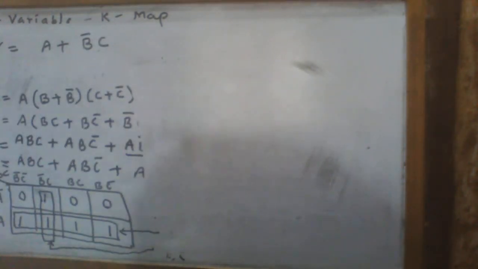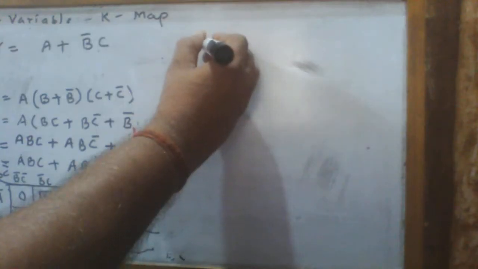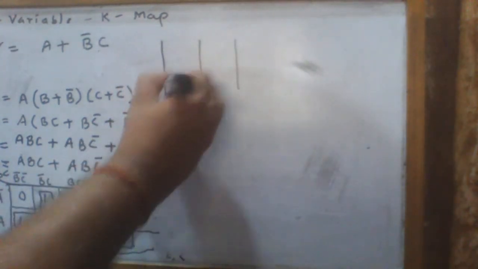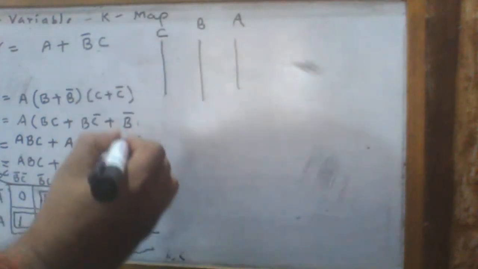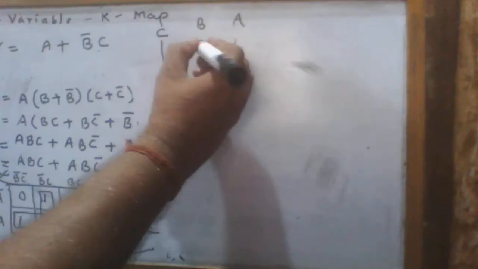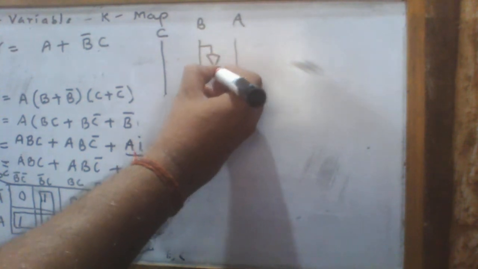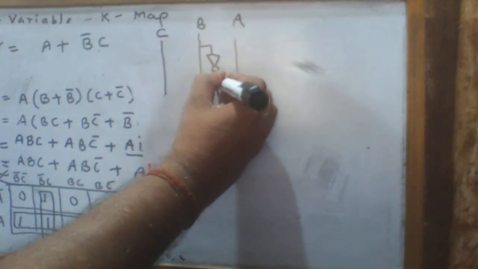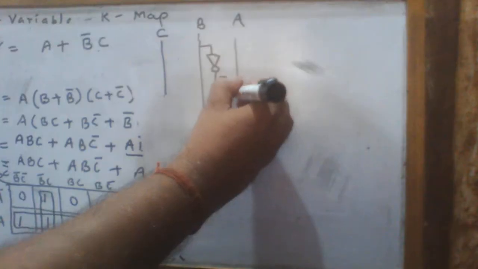and I will draw the circuit diagram for the given equation. Now this is the given equation and it is asked to draw the circuit diagram for it. Three variables are there: A, B and C. But I want B bar. Therefore I will add a NOT gate here so that I will get B bar. This line is of B and another line is of B bar.